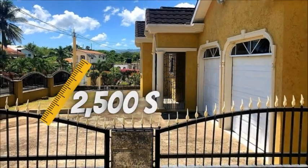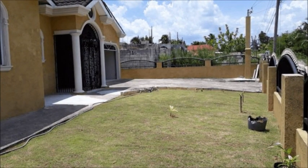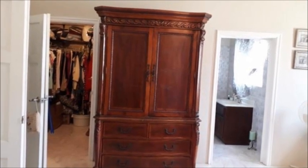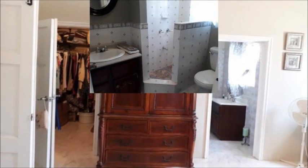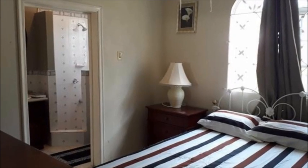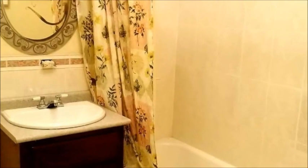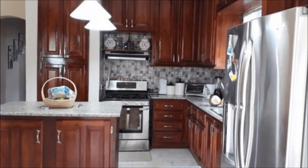The property spans over 2,500 square feet and has a low maintenance front lawn. The master bedroom boasts a walk-in closet, ensuite bathroom with a shower and jacuzzi tub. The secondary bedroom consists of an ensuite bathroom, while the other 2 bedrooms have a shared bathroom, equipped with a